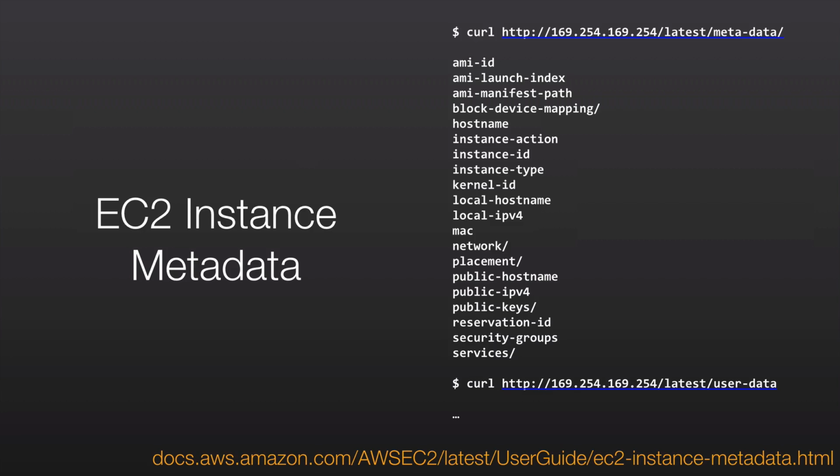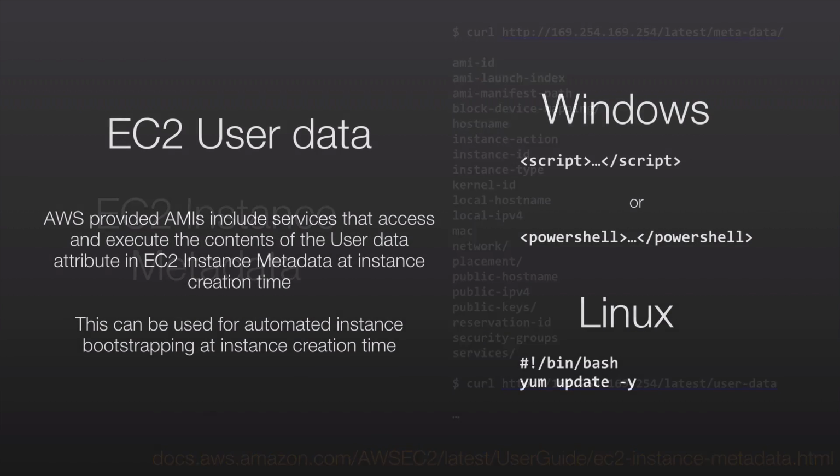One of the ways that you can use this is to access something called EC2 user data, which is specific data that is passed to the instance in the metadata service. And this is used by AWS provided AMIs, Amazon Machine Images, to perform instance bootstrapping actions. What happens at startup time when the instance is created? The AWS provided AMIs have software components on them that read the EC2 instance metadata and will execute commands that